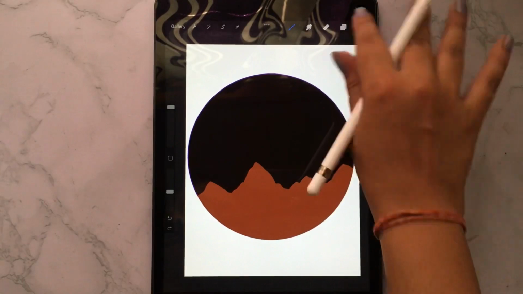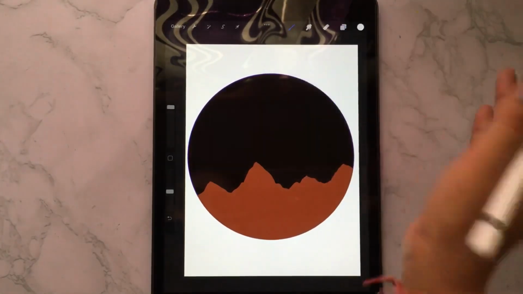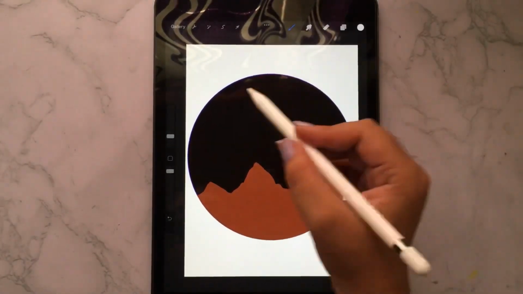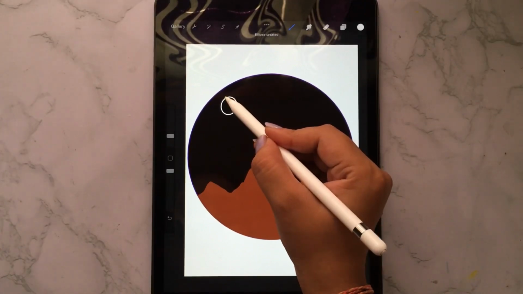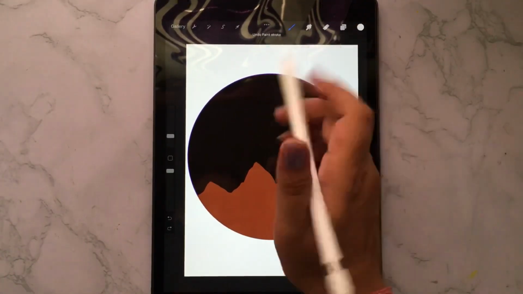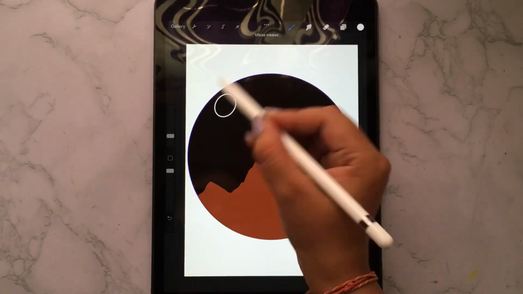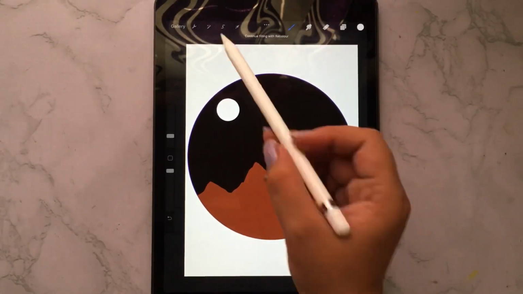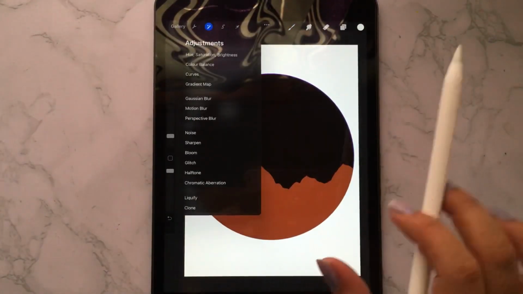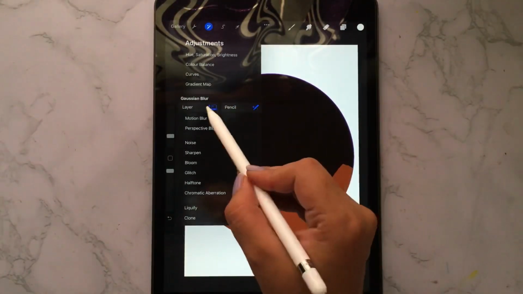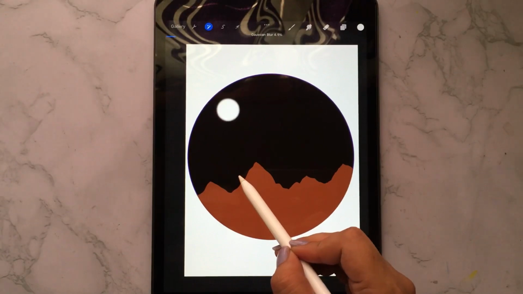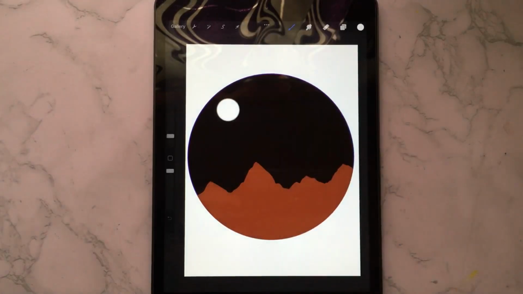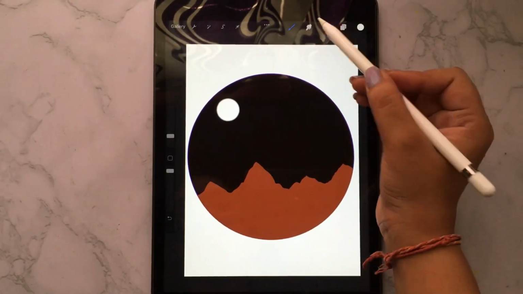Or you can do one thing, you can select a new layer and let me remain in monoline brush and make a circle over here. Hold your pen in place. Make a circle, hold your pen in place and select the circle and drag the white color inside this, and go to the wand. This is magic wand, and go to Gaussian blur layer and blur this moon a little bit, let's say 3.4%, and look how beautiful it is looking.